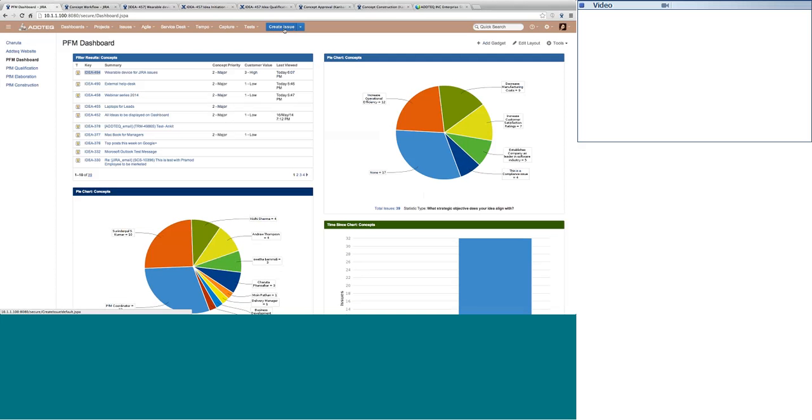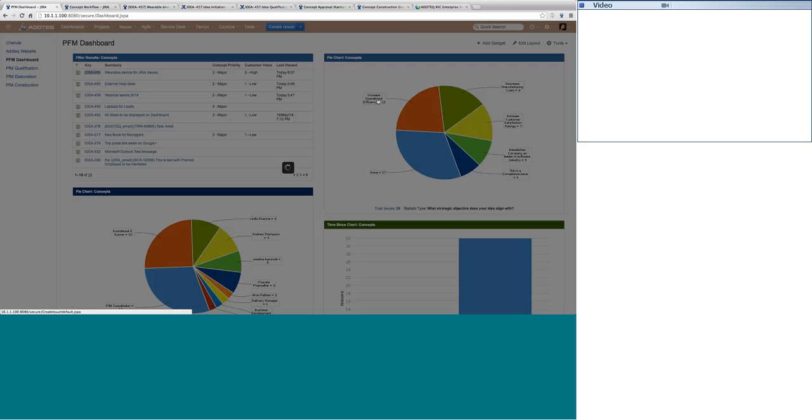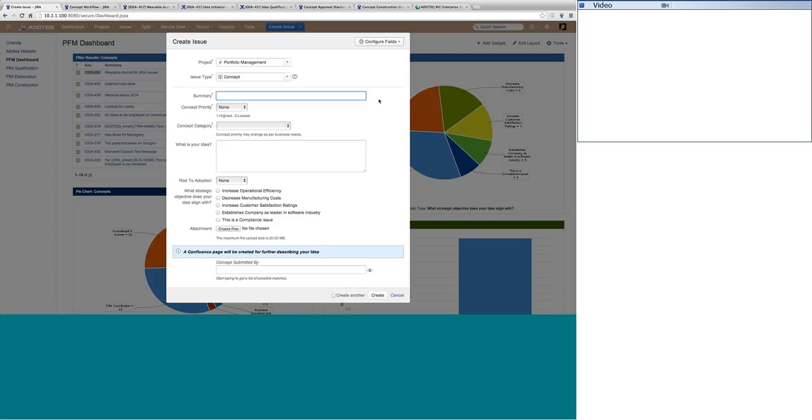Now you can see in front of you a transition for create issue, where we will be creating an issue in Jira, where I'm actually capturing nothing but the idea that has come to my mind. So maybe an idea has come to my mind that I'm going to have a wearable device for creating Jira issues.